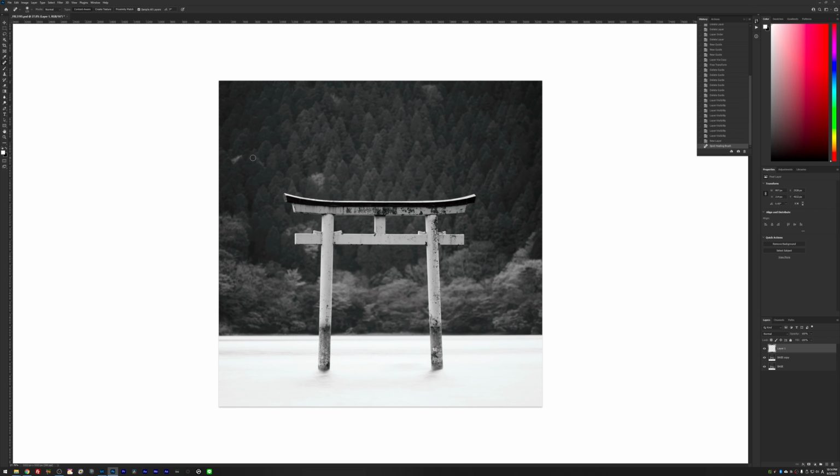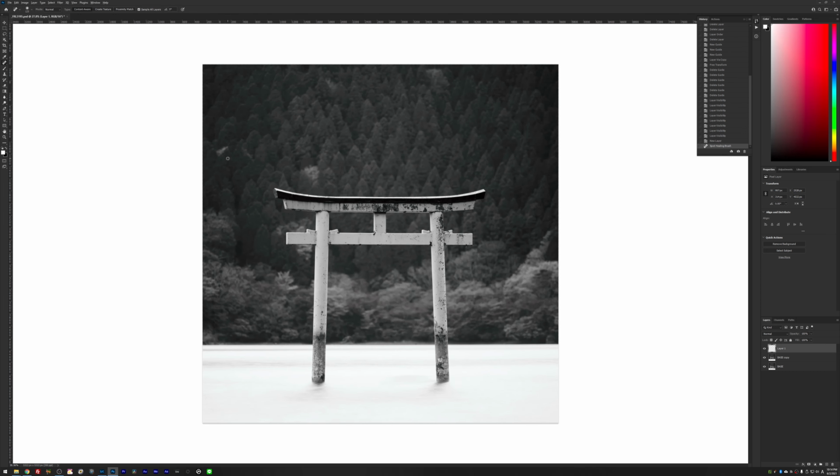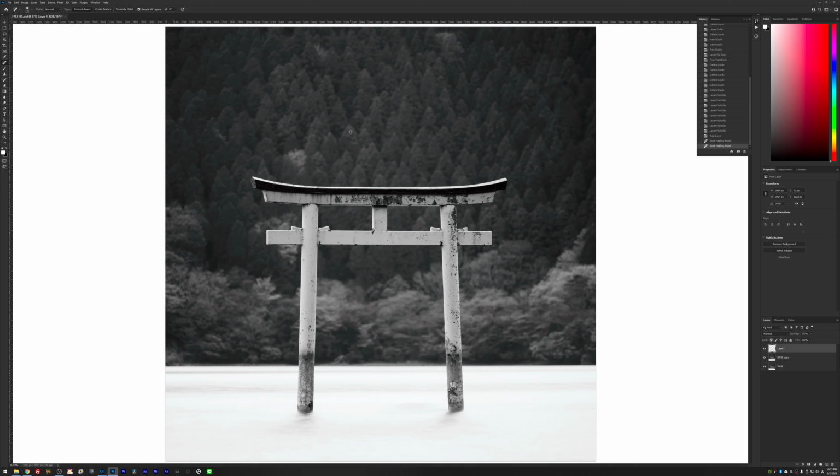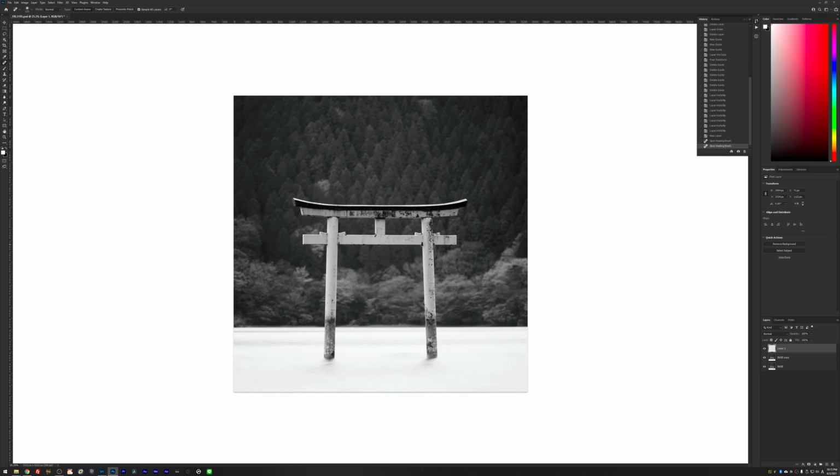Another thing that I want to do while I'm here, removing this distraction, my eyes keep going to this white tree here. I think it's a tree in the background. It's a little bit too white, so my eyes keep going to this particular place in the frame, which I don't want, because one is out of focus and two is in the background. So I'm going to also remove this with the same tool, like so. This should be really easy. And again, Photoshop did a fairly good job. And I think these are the only two big distractions that I had in my frame. So let's say I'm happy with this.